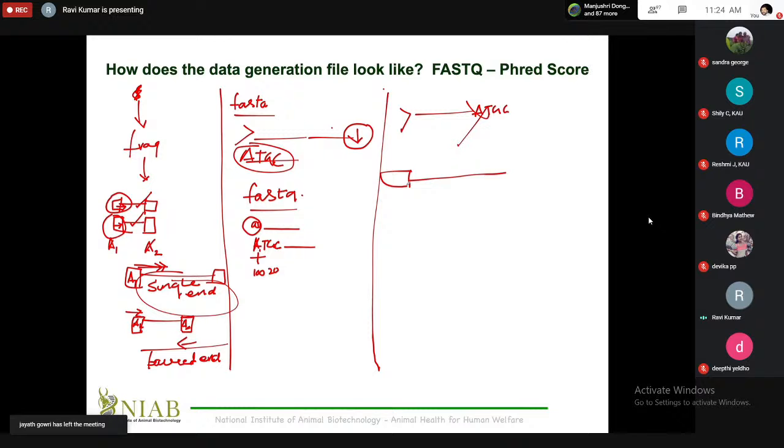Now, some of you must have a doubt for sure, if you're following me, that why is there a plus sign here? That you may need to have some more characteristics when the data is generated. But